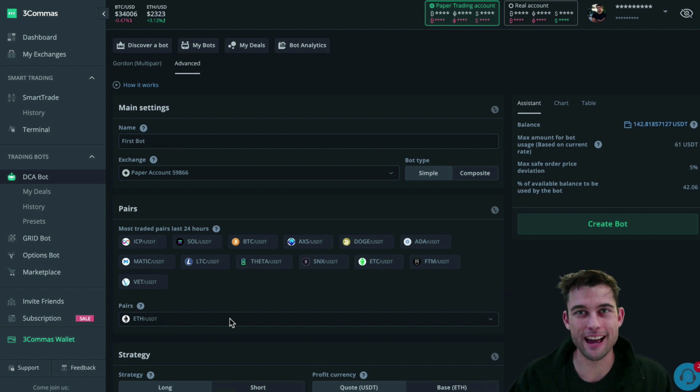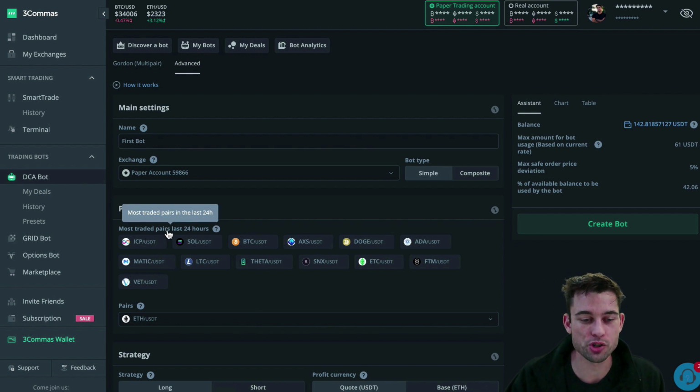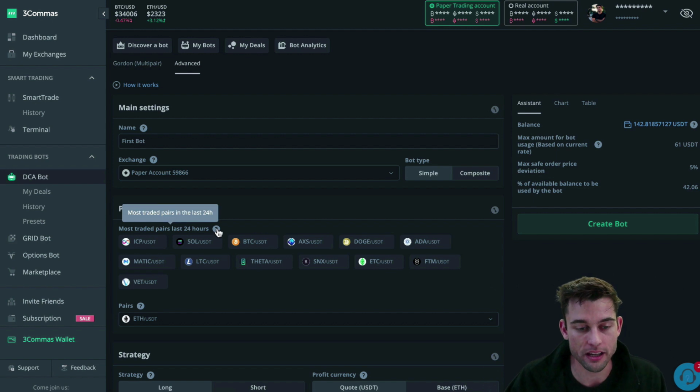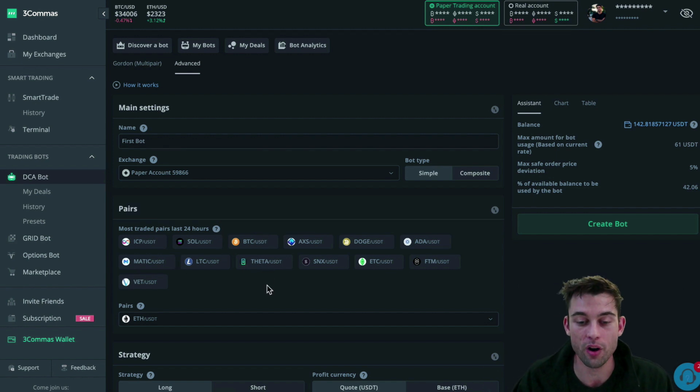And 3commas actually has this really cool thing, which is the most traded pairs in the last 24 hours. These are the pairs that obviously is the most traded, most active. A lot of times these are the most volatile, or they have the most money. It says right here, most traded pairs in the last 24 hours. So if you want stuff with a lot of volume, which you do, then all of these recommendations are good